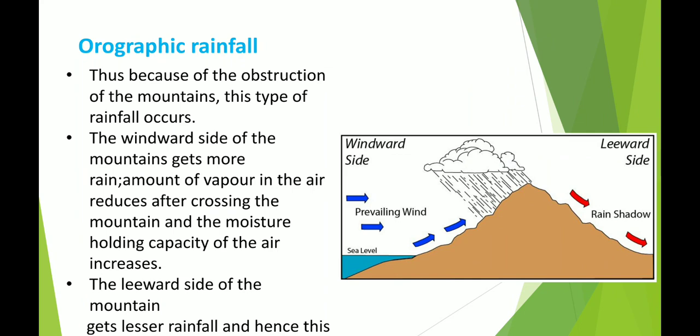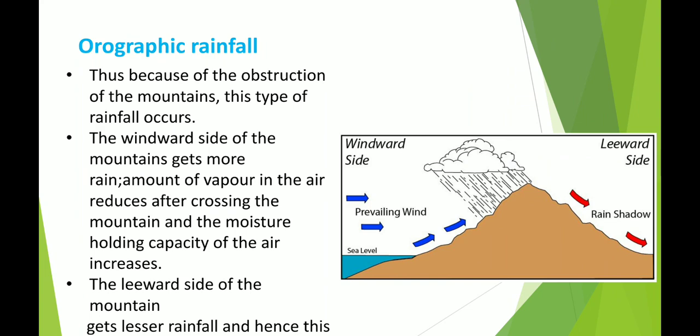You can see in the picture, the windward side and leeward side are shown. So see what the windward side is and what the leeward side is. The windward side of the mountains gets more rain. The amount of vapor in the air reduces after crossing the mountain and the moisture holding capacity of the air increases, and the leeward side of the mountain gets lesser rainfall, and hence this area is identified as a rain shadow area. Means these moisture laden winds come and are obstructed by the high mountain. So one side of the mountain receives heavy rainfall, whereas the other side, that is the leeward side of the mountain, receives a very small amount of rainfall, because